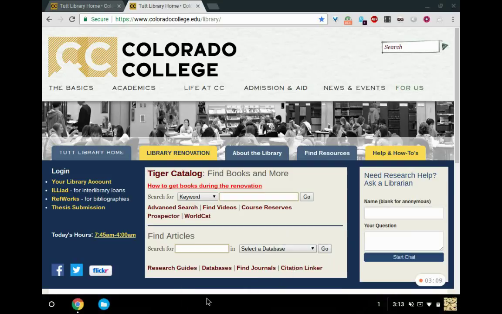I'm going to be showing you some of the various wonderful things that you could do with research guides. And I wanted to start by showing you how to get to the research guides from the library homepage. Down at the bottom, you'll see it's in the corner there. If you click on that,